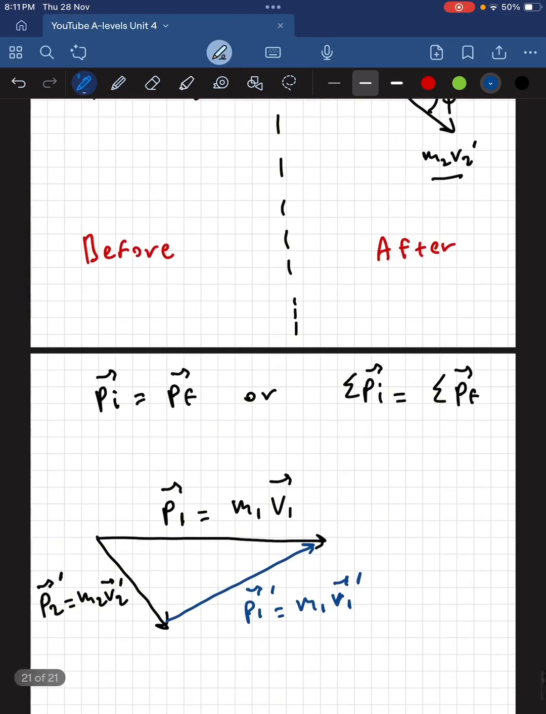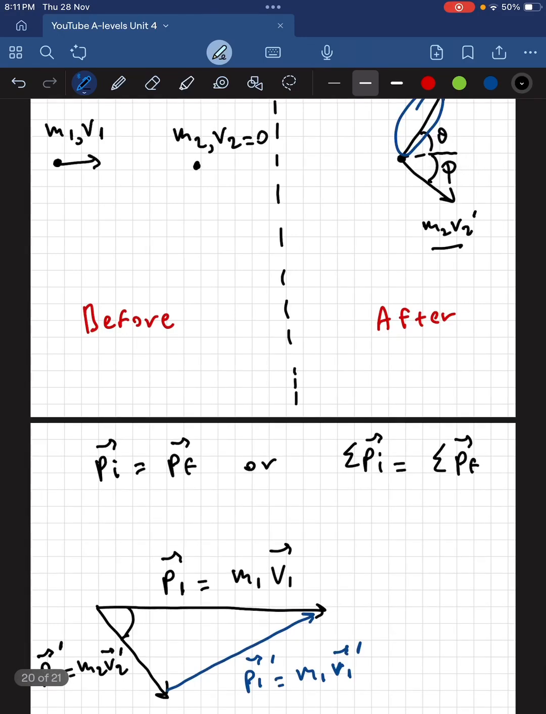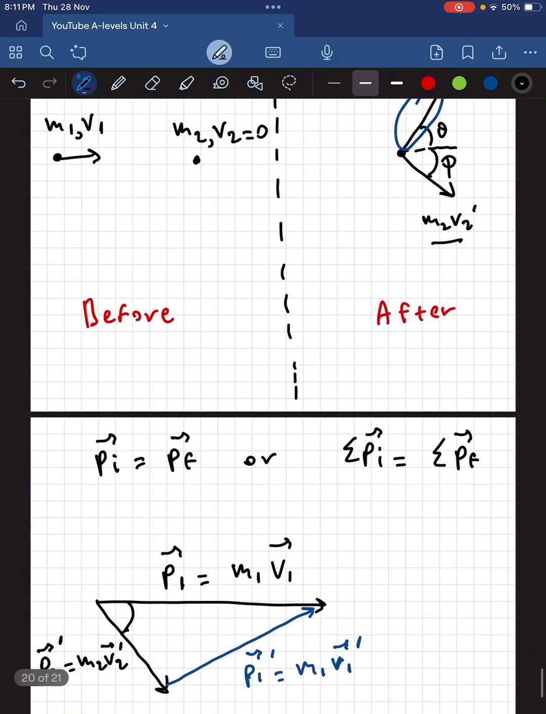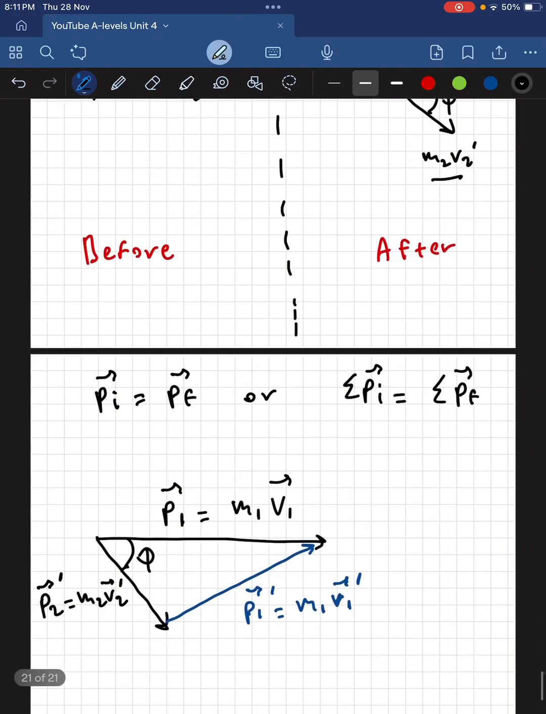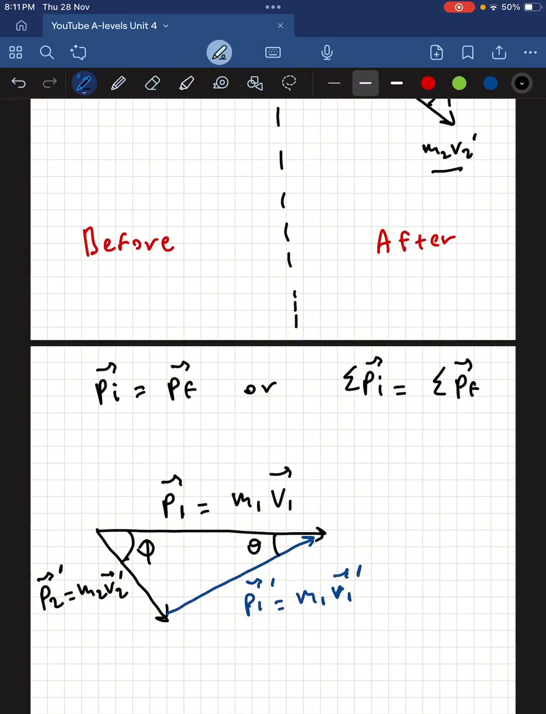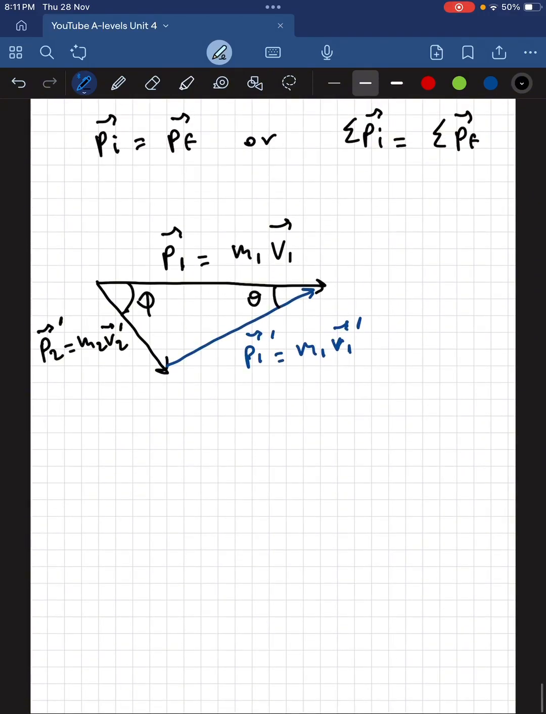Now, this angle is going to be phi, right? Because this is the angle this vector P2 prime makes with respect to the horizontal, which happens to be the direction of P1. So that's phi. And if that's phi, this is theta. Is this the only way to do it? No. You can also